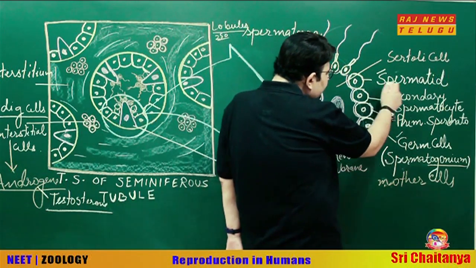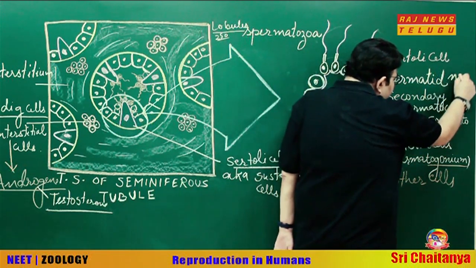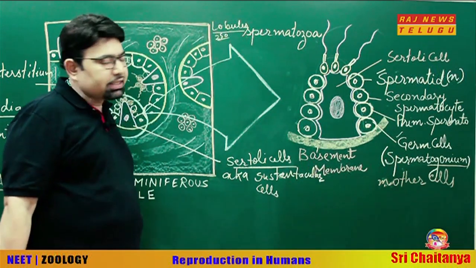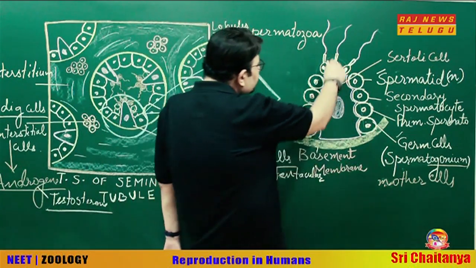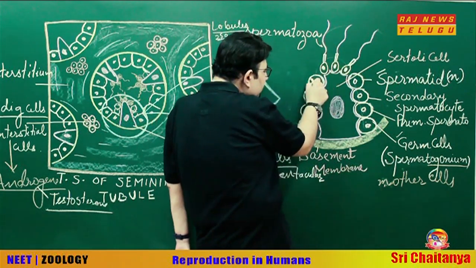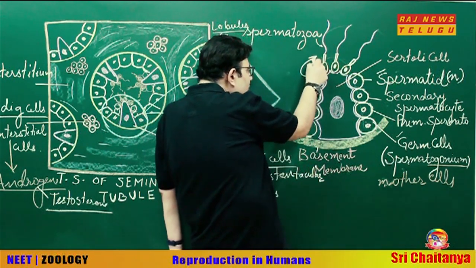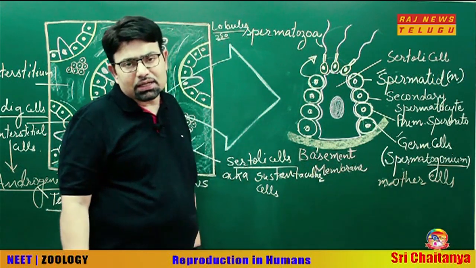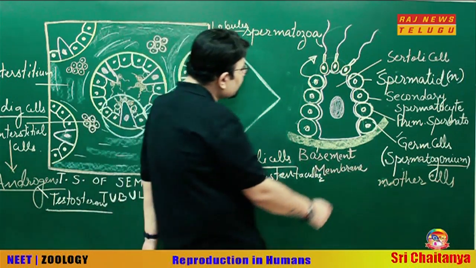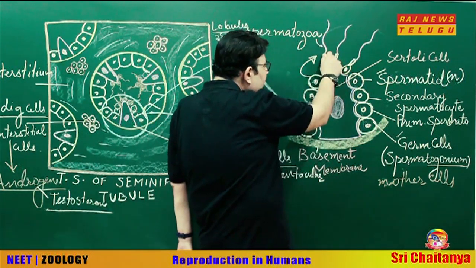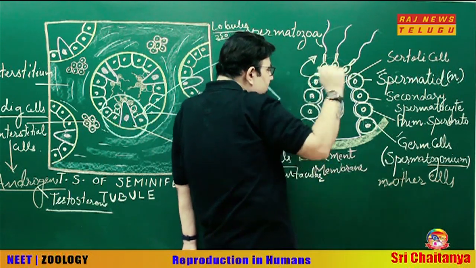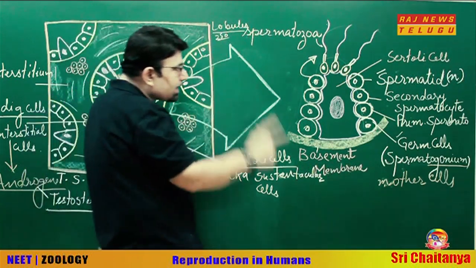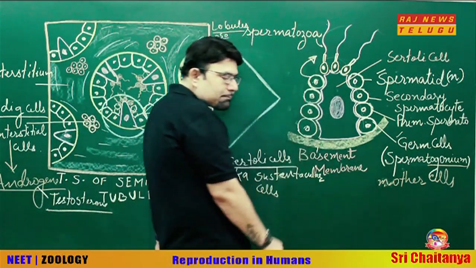And these spermatids, these are the haploid cells. They are the truly haploid cells, and now they differentiate and become the spermatozoa. So spermatids differentiate into spermatozoa, wherein a lot of morphological changes occur in the cell. There is a head, they have a tail, they have a middle piece, but still these cells are non-motile. Still, these cells are attached to the Sertoli cell.